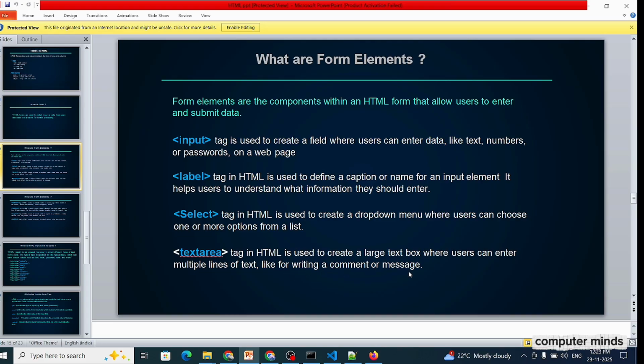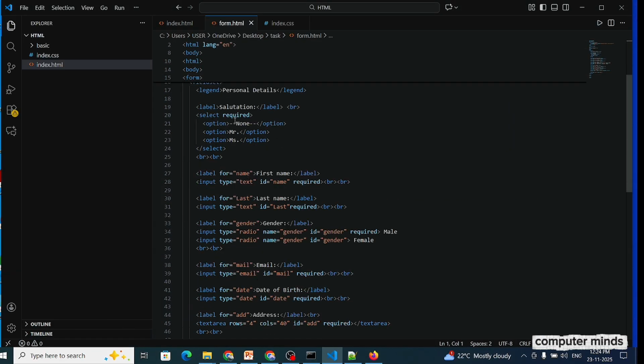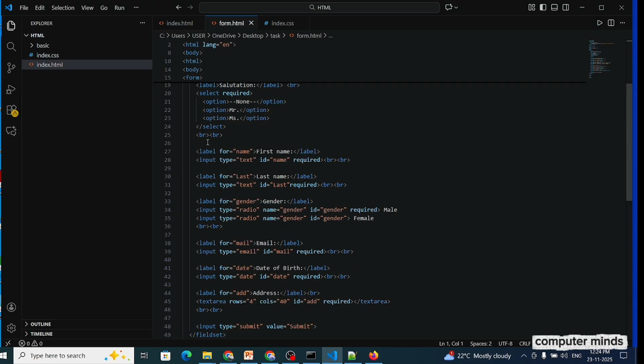I have already written a program like this. Select a required option: none, Mr., Mistress, Mrs. Then a br tag, and the label is name. First name, input type text, ID is name, for and ID, it is required to enter.